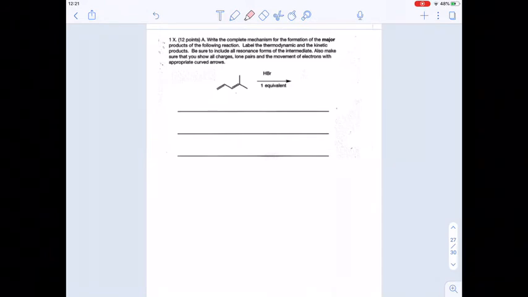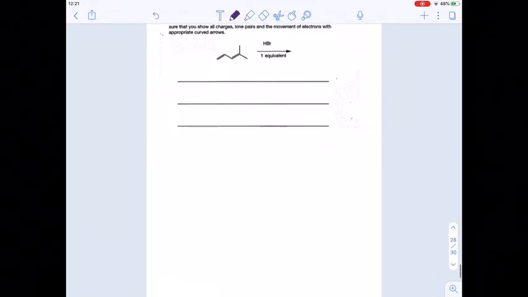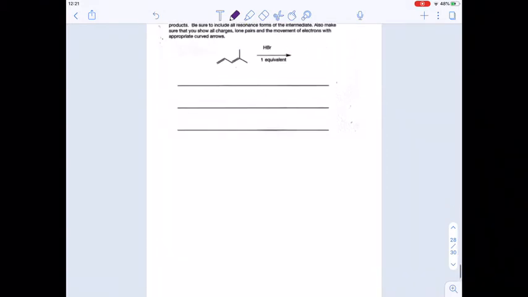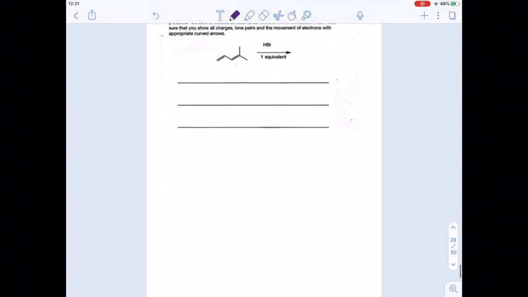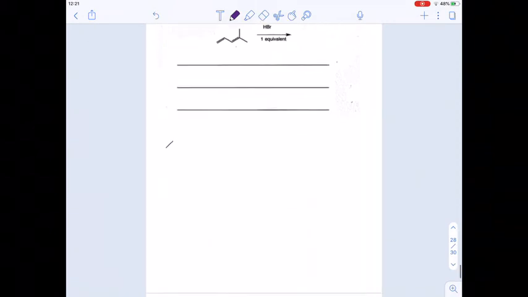Okie dokie. So in this one, because your double bonds aren't equivalent, so this one is tri-substituted and this one is not, you want to figure out which double bond is going to give you the more stable carbocation resonance intermediates. So go ahead and off to the side somewhere, because this isn't actually part of the exam question, draw the HBr adding to either double bond. Let me finish my sentence. So